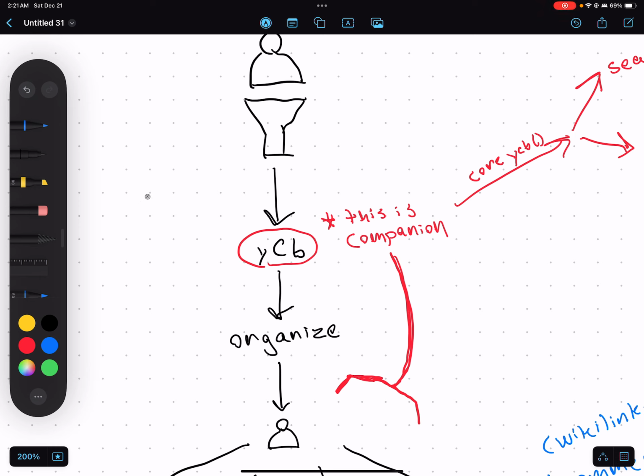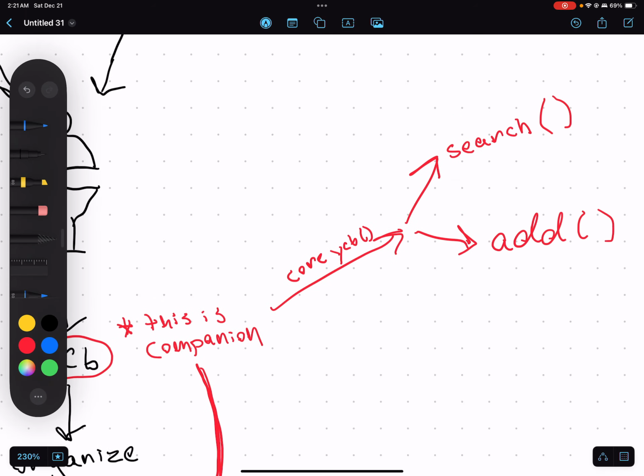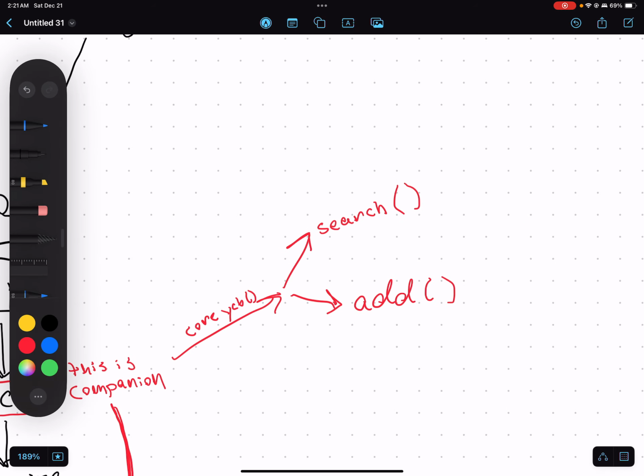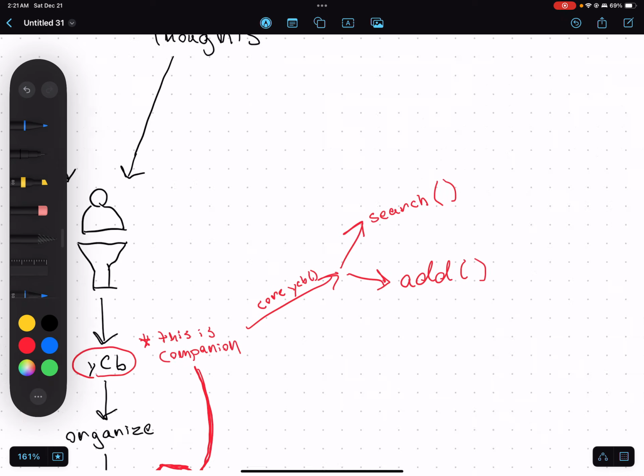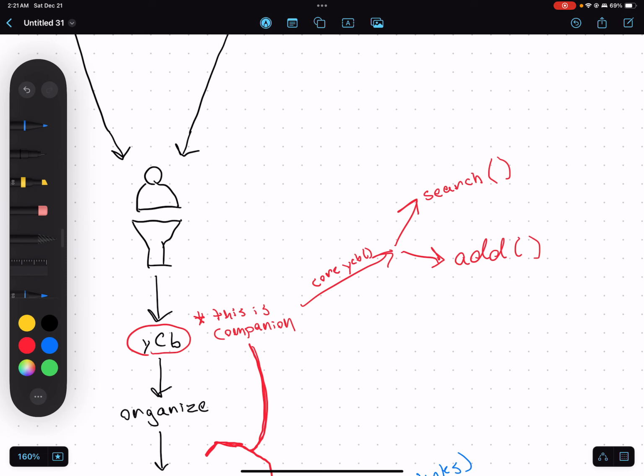So from here on out, we're going to be talking about things that are in the system of YCB. Importantly to note, this is about companion. The core YCB functions, actually there's only really two. You have your search function, which allows you to do semantic search and full text search, and adding. And it's really interesting because there are extra API functions that are written onto companion, particularly like random and fetch